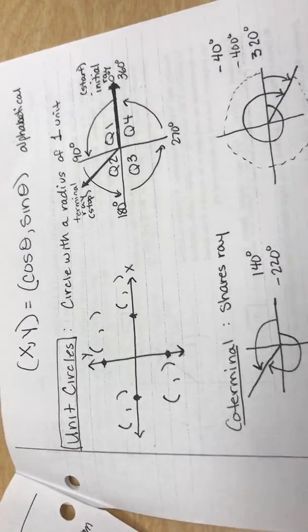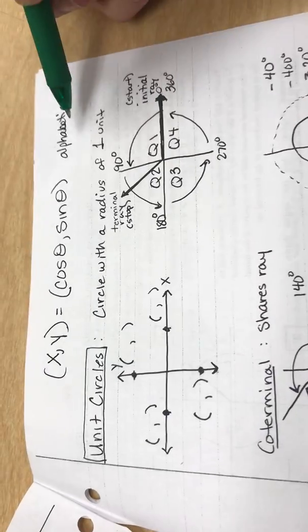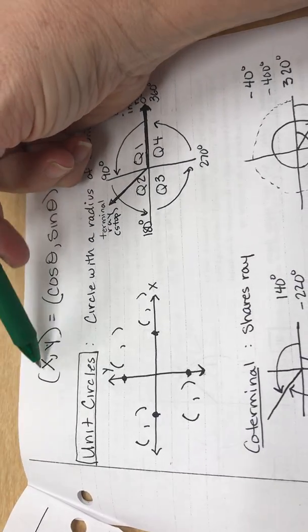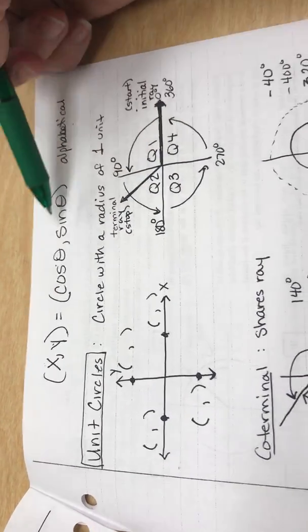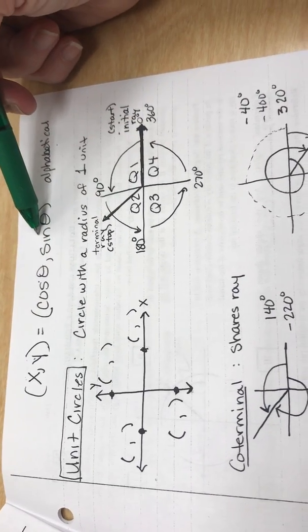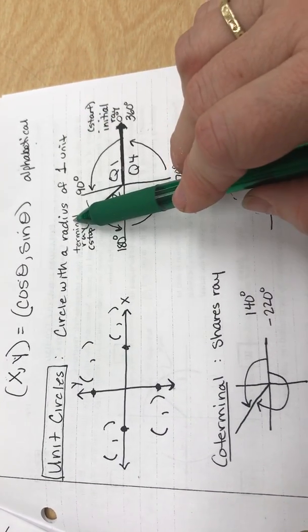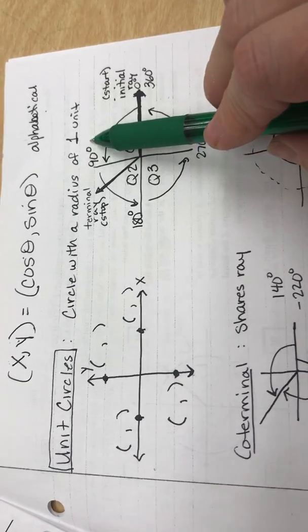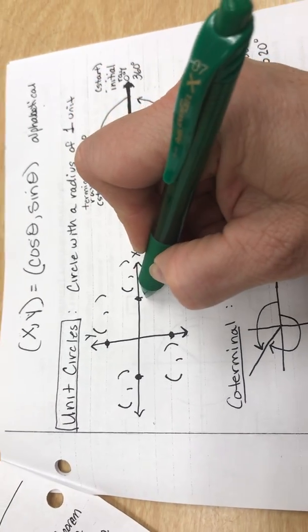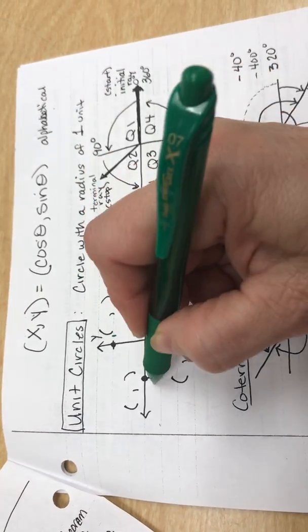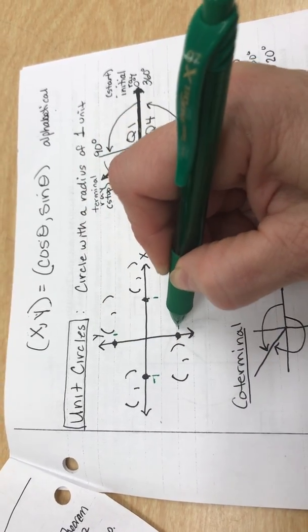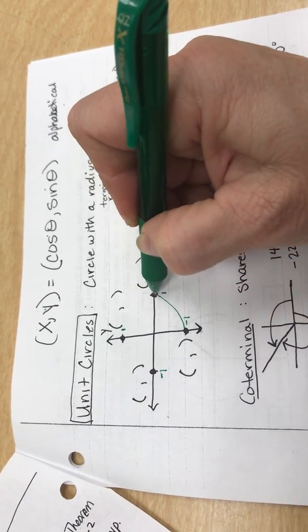All right. Then we come into unit circle. So like I said, alphabetically, x, y, the x is going to now be your cosine. The y is now your sine. If we're dealing with a circle that has a radius of 1 unit, then this is 1, this is 1, this is -1, and this is -1. If I were to make a circle,